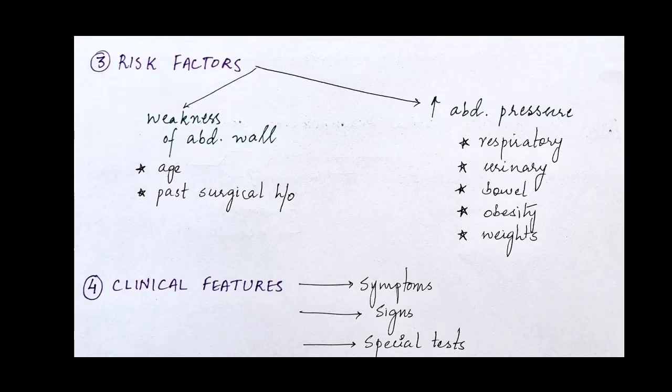The third one we're going to talk about is bowel disturbances. So you have to ask about constipation because that can cause a chronic straining while defecation. Then, of course, obesity also causes an increase in the pressure, and weightlifting, although this is not common, but you can ask an occupational history whether, a factory worker might be predisposed to hernias.